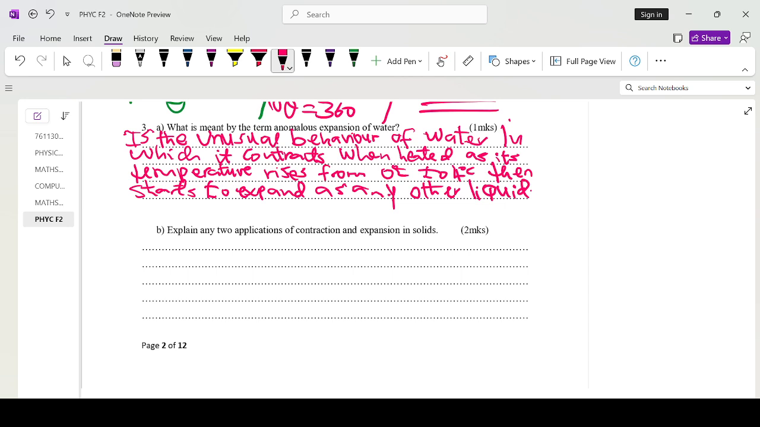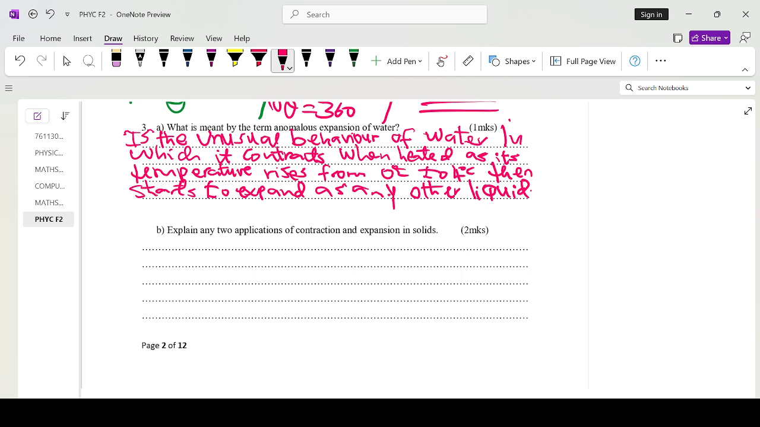Any two. We can have even railway lines. When you look at your railway lines, they are left with some gaps. That's an application. So you can say the railway lines are constructed in sections with expansion gaps, and the sections are held together by fish plates. The bolt holes in the rails are oval to allow free expansion and contraction, as the bolts move freely in the holes. So we can say one application is